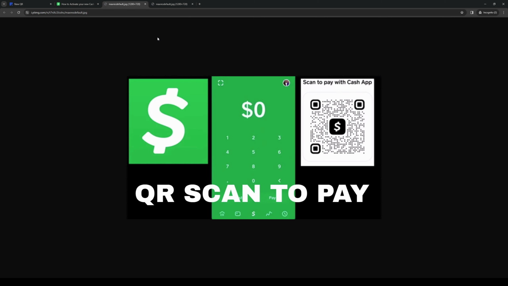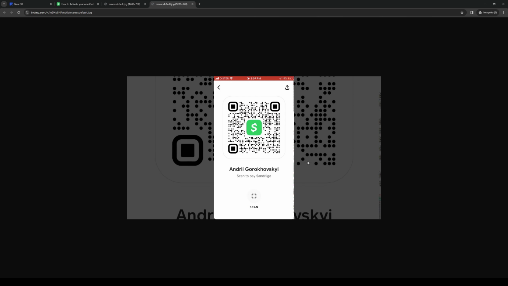And to show you guys what I mean, it looks a little something like this. So here's the actual QR code. Here's the interface for Cash App. Simply click on the dollar sign to actually do the QR scanning, and it would come out looking like this, as you can see. Now, the options that you have here are you can share it if you so desired